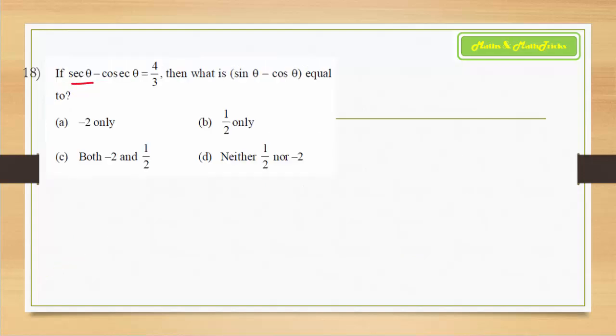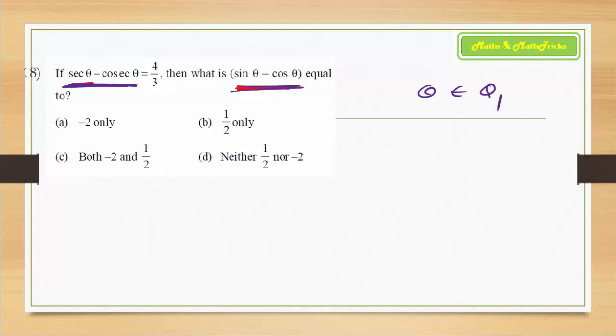Now secant theta minus cosecant theta is given to be 4 by 3 to find out sin theta minus cos theta. Well, this value will be the half only, but how do you get that? See, the hint is secant theta and cosecant theta, you can see that their difference is 4 by 3. Okay, so theta is an angle considered in the first quadrant. Clearly because the secant theta minus cosecant theta is equal to 4 by 3. So theta must be in Q1.